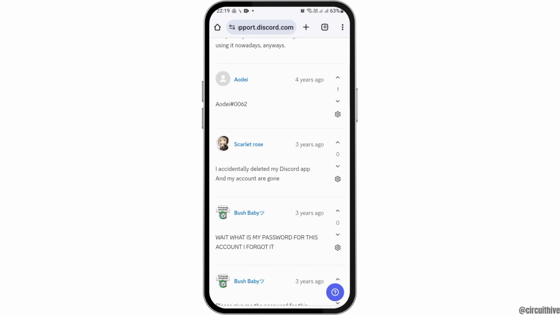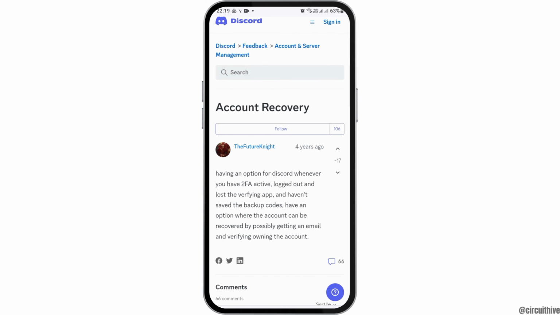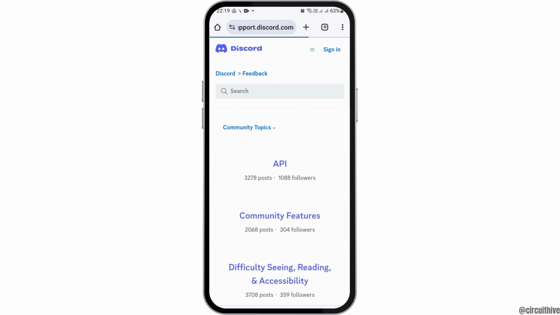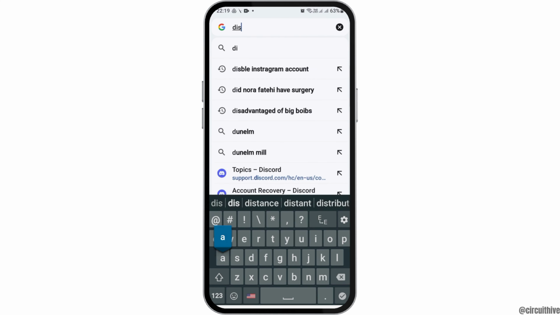Now, if any day you deleted your Discord account mistakenly and you'd like to recover it, now you can see the various kinds of articles that are written there. Otherwise, you can go to the option of feedback and then tap on the option of feedback. Otherwise, you can also go to the search section once again and then go to the option of